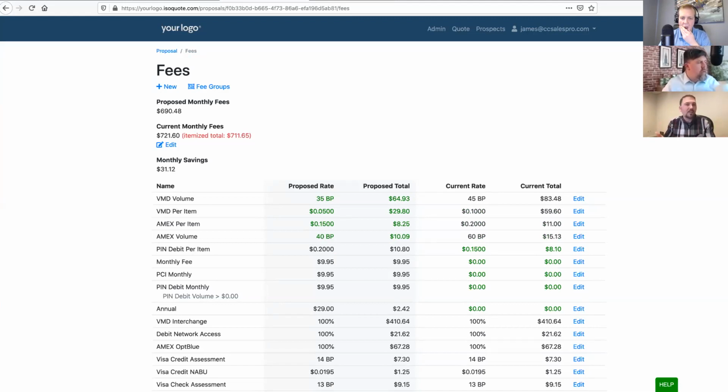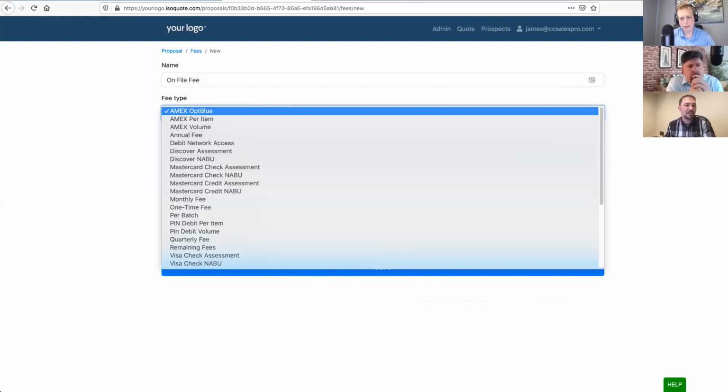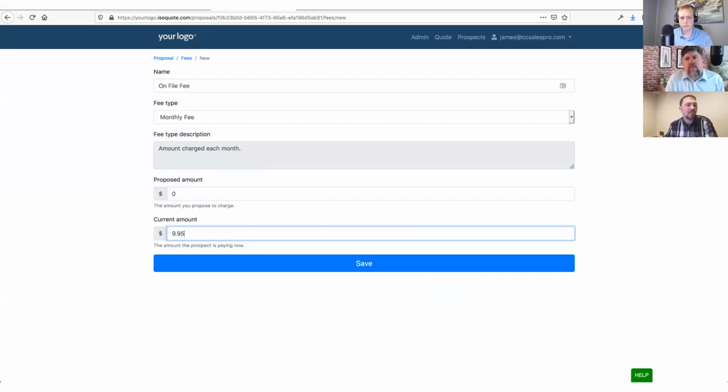So where do I put that? Because that's not part of my current program. I don't have a side-by-side for that. It's really simple. Up at the top, I'm just going to click on New. So we can add any kind of fee that we want. You can see a drop down here, and literally anything you could imagine: an Amex Op Blue, or an Amex per item fee, a fee that only is on signature debit, a fee that's only on whatever, like anything you want, monthly fee, annual fee, quarterly fee, anything that's on a statement, you can enter it right here very easily. So we're going to select a monthly fee.